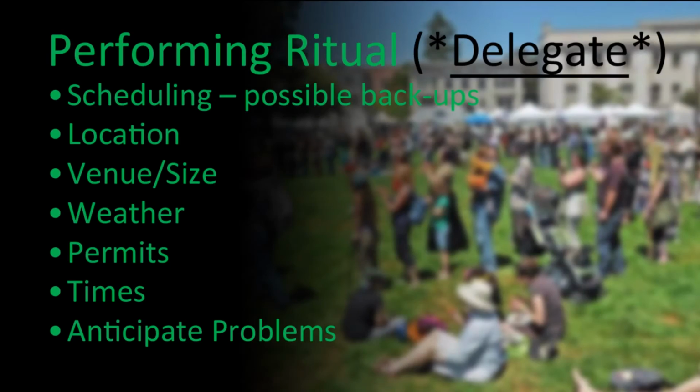And finally, the very last thing, anticipate problems. Just get it in your mind that something's going to happen, somebody's not going to show up, some group is going to show up to protest, somebody's going to forget this, somebody's not going to, just whatever it is, anticipate you are going to have problems. One of the things that this is going to do is that if you anticipate a problem, when problems happen, you're not going to melt down. You are going to understand that this just happens and work around it.